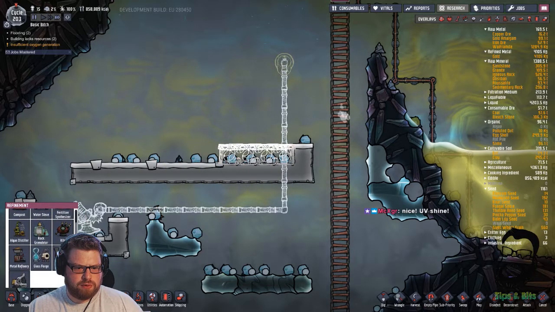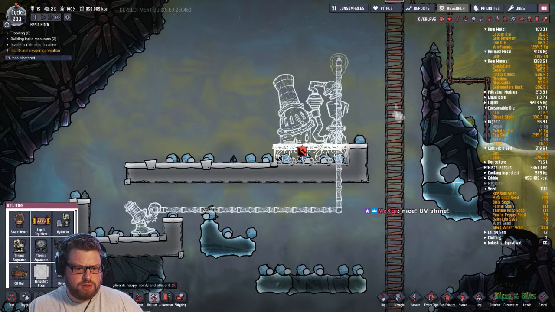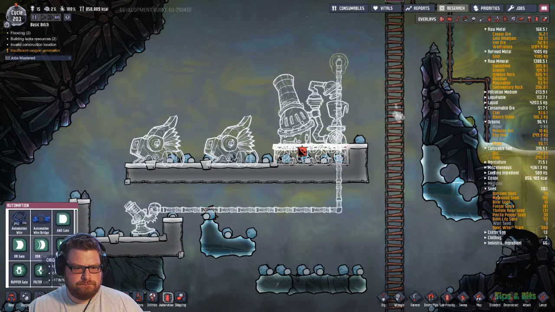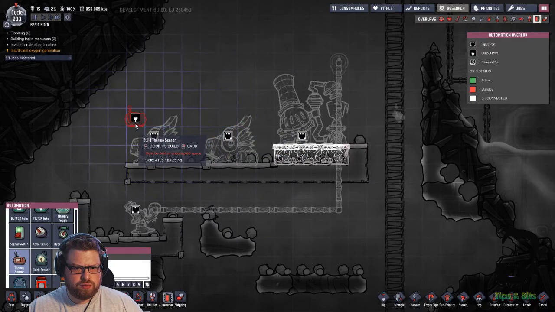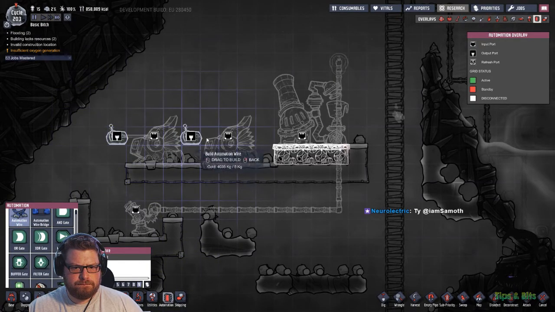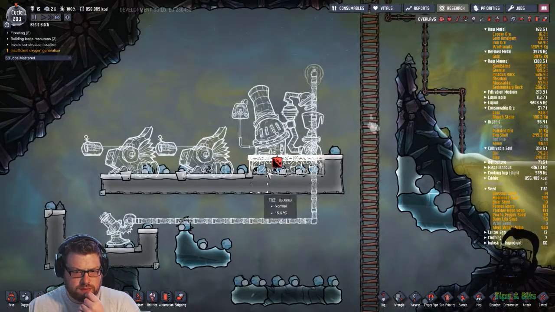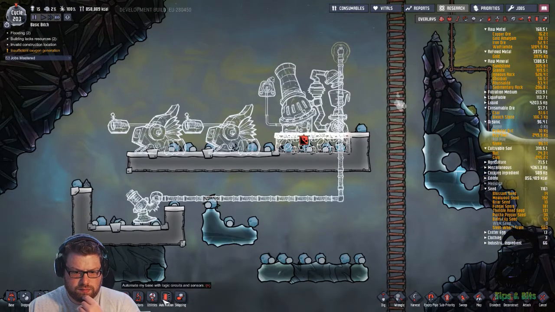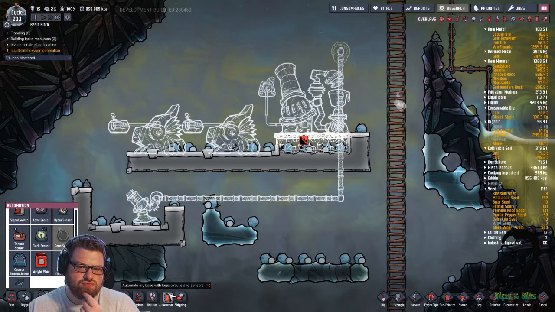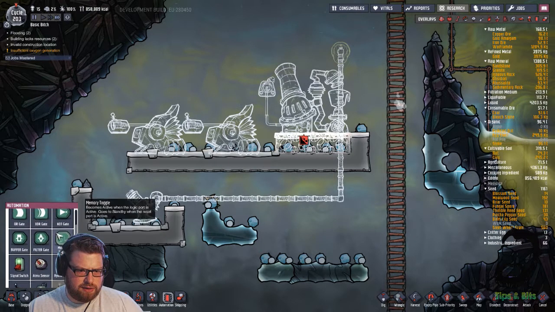What do I want? What am I looking for? Oil refinery. What do I want? Polymer press. And a boot. Cool. Yeah, that should be fine. It's really cheap and nasty, but it should be fine. And we will put this on...